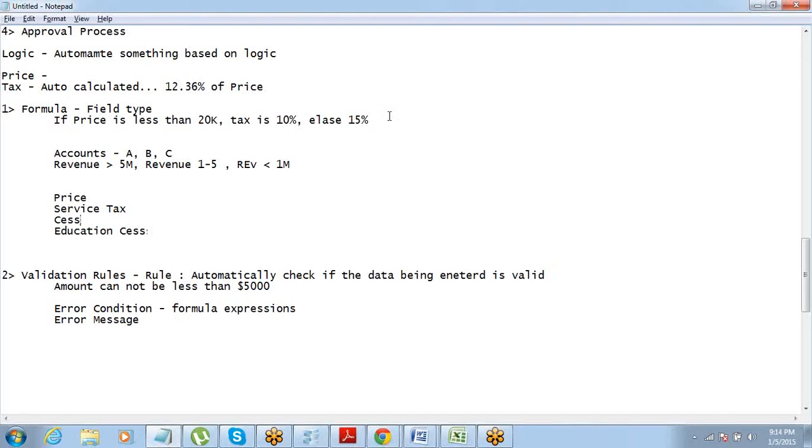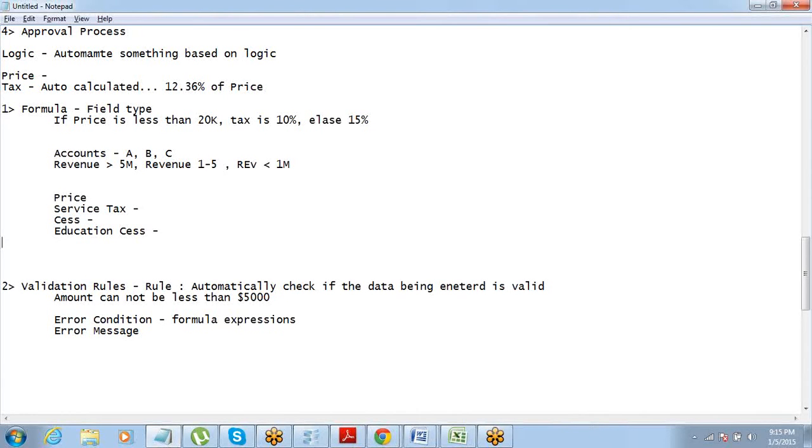Okay, so if you want these things to be displayed separately, then you have to have these three formula fields, right? So there should be some percentage and a formula on this and a formula on this, and there can be a total which will be basically sum of all three. If you want these things to be displayed separately, individually.